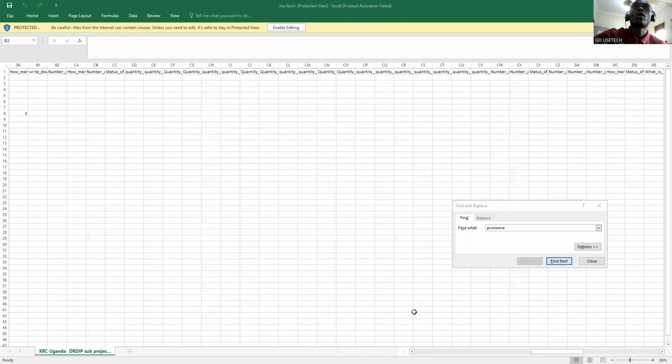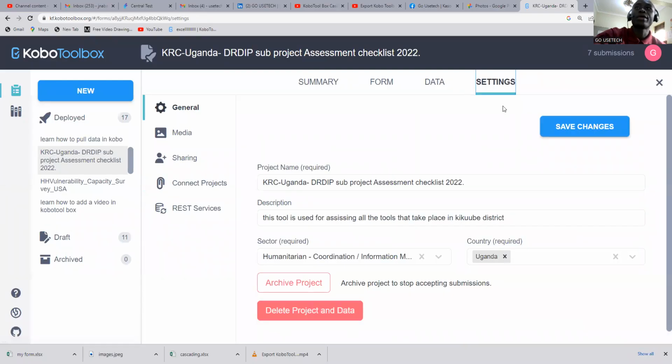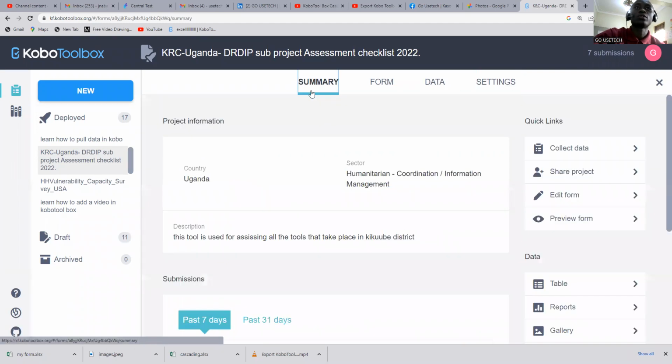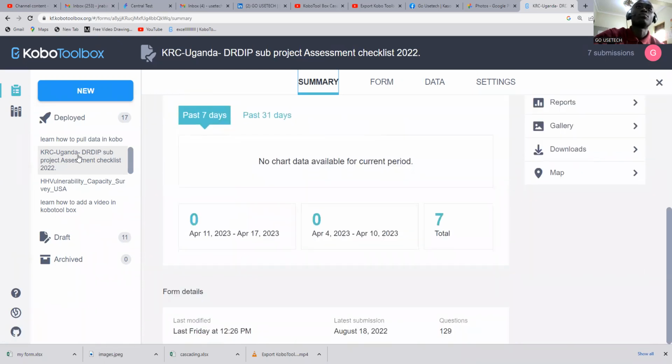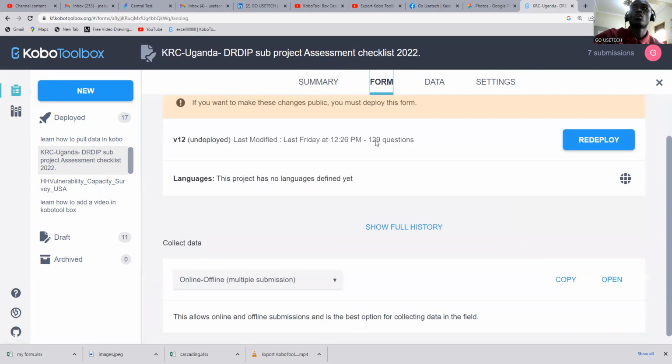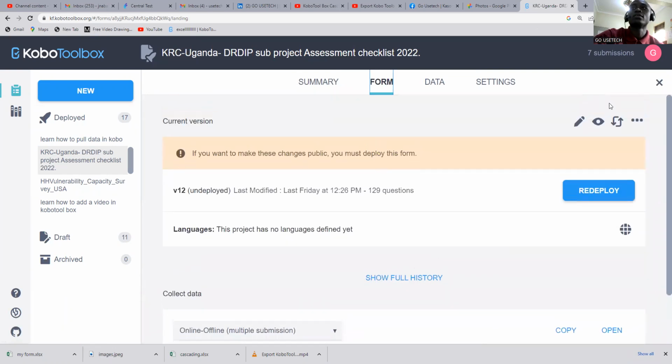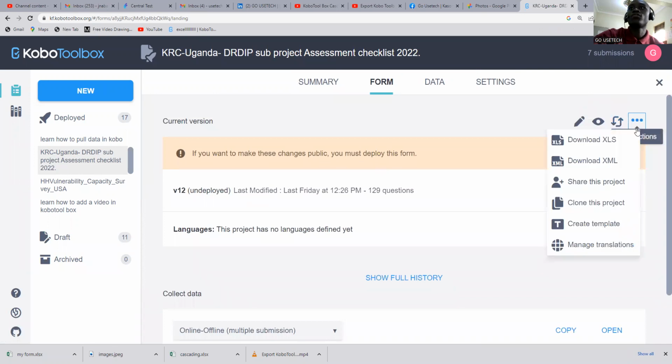Once I come here, this is the question. Maybe I want to download this form. So I click on the form. Hope you can see the way it is. When I come to the form, we have the download. We have download as